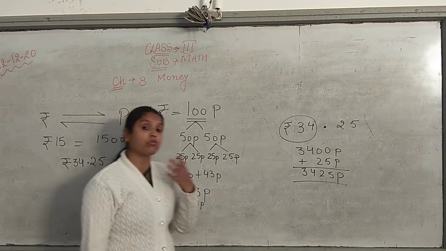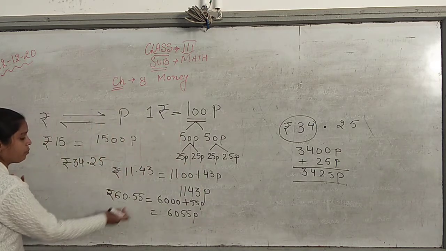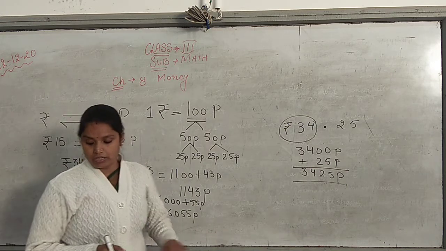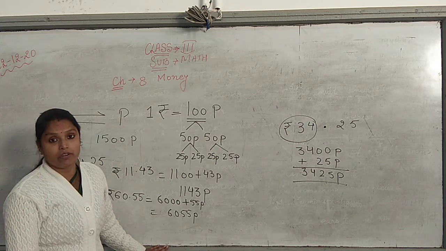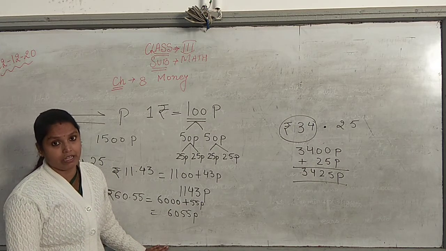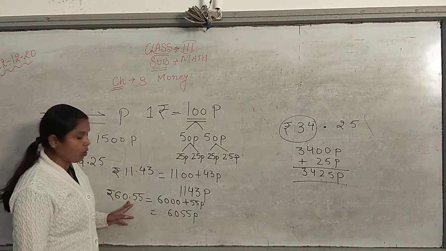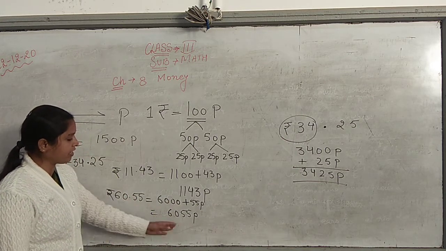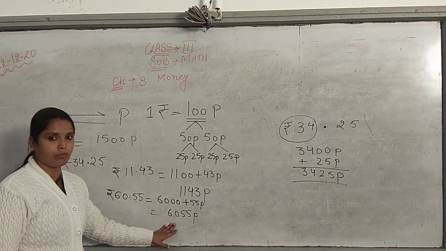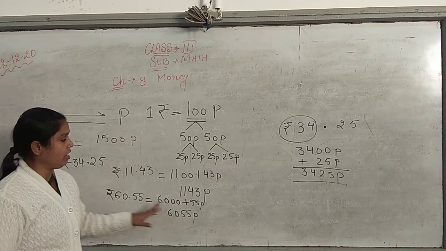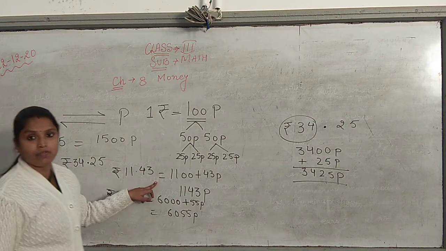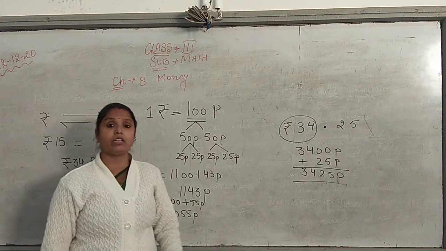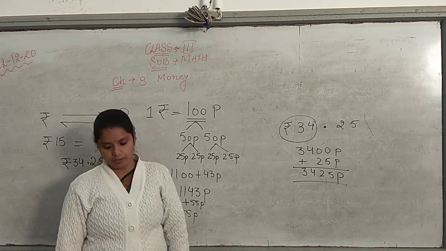If you want to do the short form, children, what can be the short form? Remove the point and write the number all together with paise. This is the method also you have to learn. To convert the rupees and paise into paise, we will simply remove the point and directly write the answer. This is the short way of remembering it. The long way of solving it plus the short way of solving it, both the ways I am telling you, children, whatever is easier for you, you go on with it.